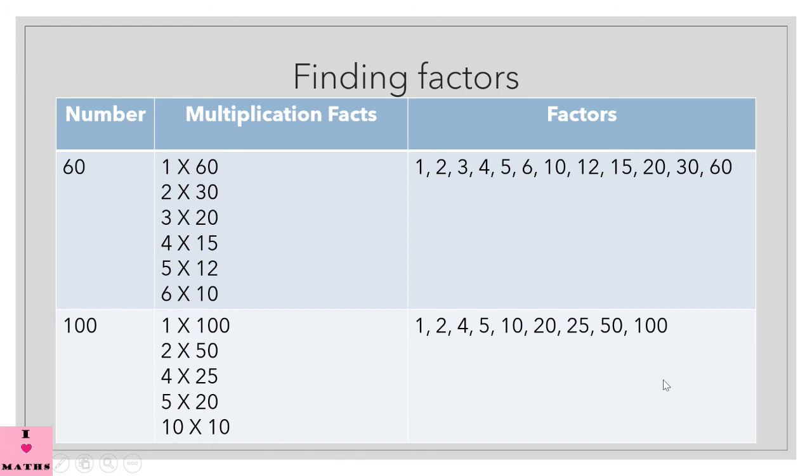So children, next time you have to find the factors of a big number, start finding out sequentially and you will not go wrong. Okay, please practice finding factors. It's very important. You will feel confident only if you find out the factors of big numbers like 40, 50, 55 and so on, 60, 65, 70. Like that, if you will find out the factors, you will feel more confident.